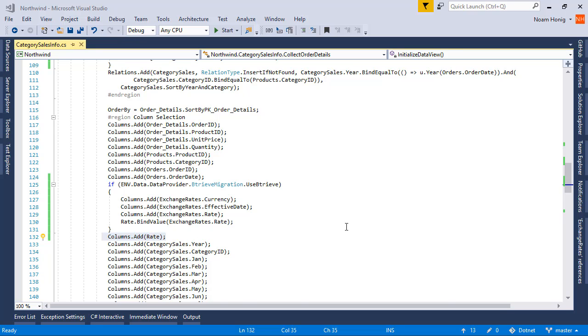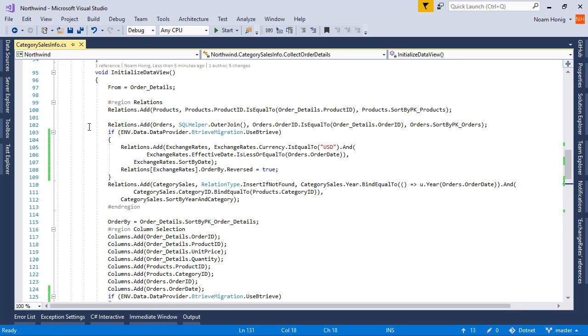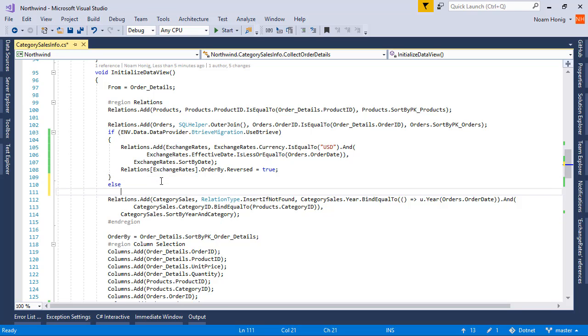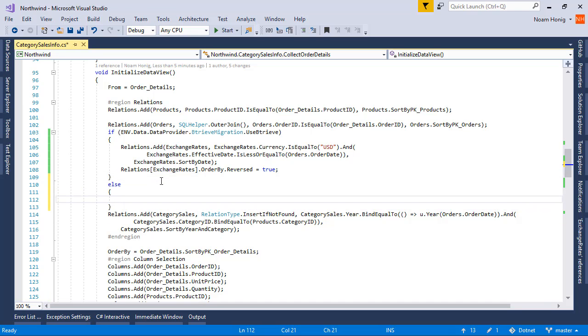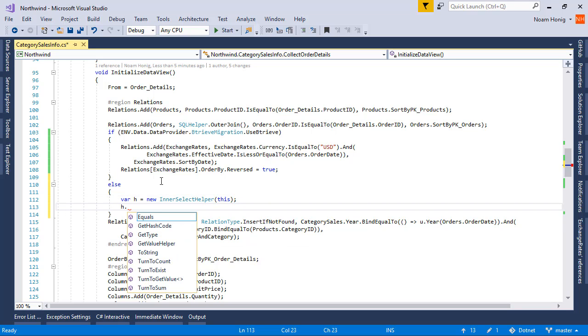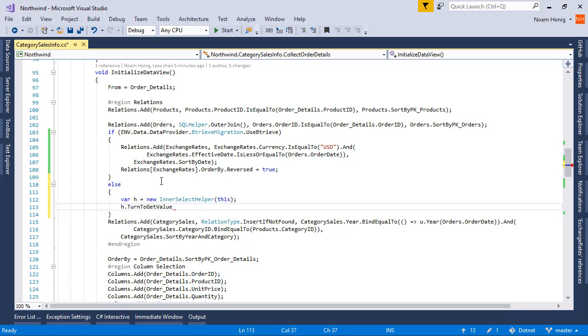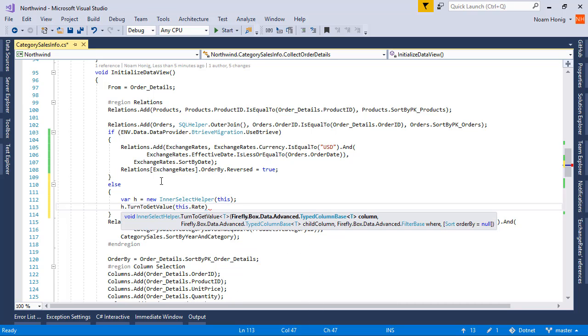So now let's use the magic of a get value inner select. So far we had the if use bitref relation. Let's add an else statement here and say if we're using SQL, we'll add the SQL inner select helper, and we'll tell it to turn to get value our rate column based on the rate column from the exchange rate table